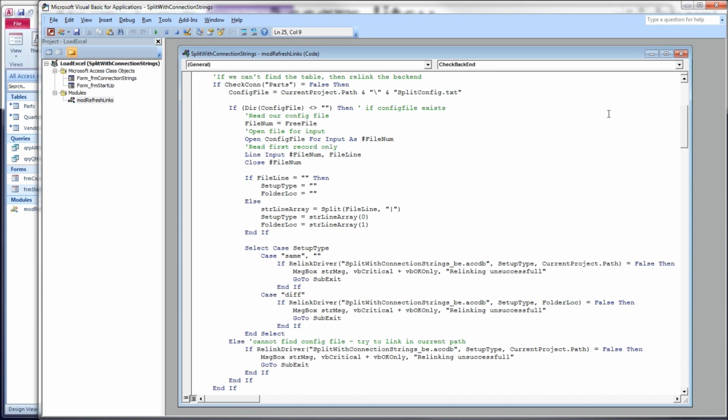Now let's slide on down so we can see what happens in the else. Okay, there is no else. If we are able to read the parts table, then the code goes to the end and quits. Nothing else happens. Like I said, I'm just checking one table to see if we have a good link